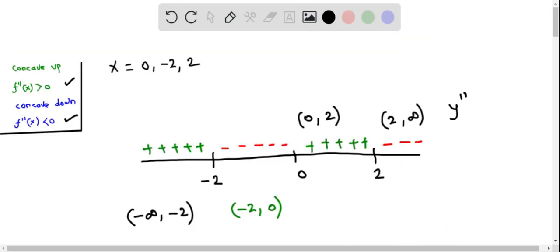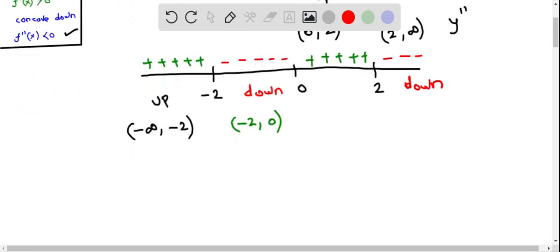and using this sign chart, we can now say in which interval the function is concave up and in which interval the function is concave down. So it is concave up wherever the second derivative is positive. So in this interval, that is from negative infinity to negative 2, it is concave up, as it is plus, and in this interval, that is from 0 to 2, it is concave up. In the other two intervals, that is from negative 2 to 0, it is concave down, as well as in the other interval from 2 to infinity, it is concave down. So we write the concave up intervals